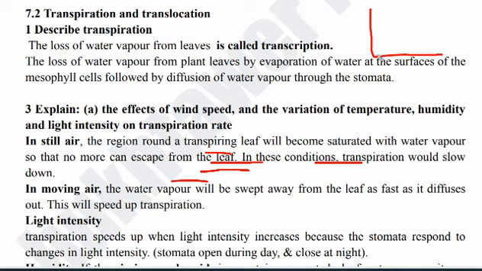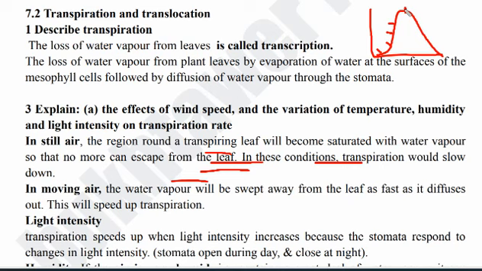If we show it through a graph, you can see that with every 10 degree rise, the rate of transpiration will be high. Once the temperature increases, the rate of transpiration also increases, but only to a certain limit, 40 to 45 degrees centigrade. After the optimum temperature, the rate of transpiration will start decreasing. One more thing: with every 10 degree rise, the rate of transpiration will be doubled. Like यहाँ पर 5 है, यहाँ पर 10 है temperature, यहाँ पर 20 है, यहाँ पर 30 है, तो rate of transpiration हर 10 degree पे rise होता जाएगा, but to a certain limit, that is 40 to 45. After that limit, the rate of transpiration will start decreasing.